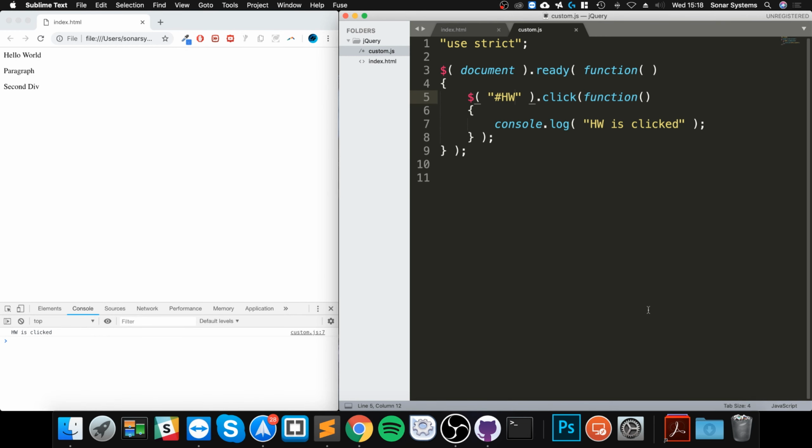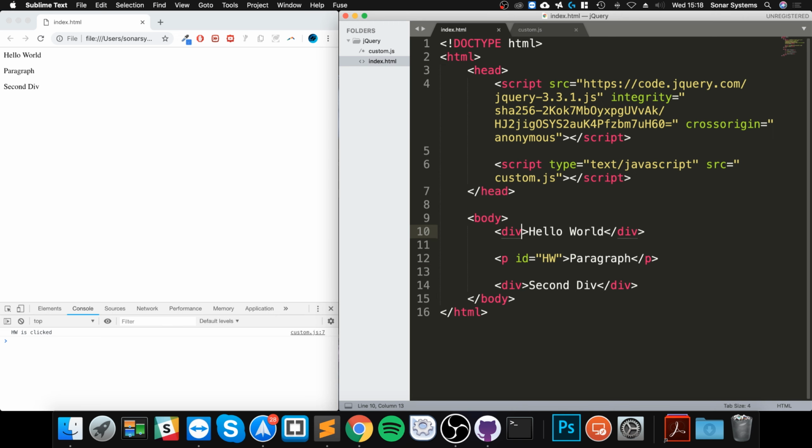Hello, in this jQuery video I am going to show you how to select an element based on its class. So this little selector is based on ID, but maybe we want to add a class. So if we add a class, I'll call it epic class,